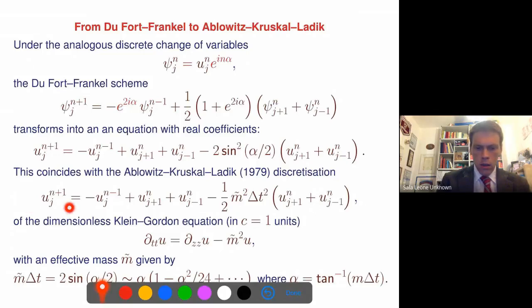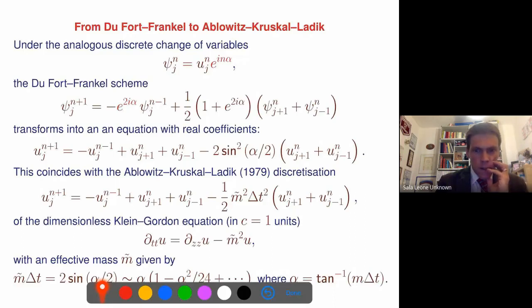So we've taken the numerical scheme for the Schrödinger equation, minding its own business, being non-relativistic, and we've done a change of variables, and we've ended up with a previously known discretization for a relativistic equation. That's the Klein-Gordon equation in c equals 1 units here, and there's an effective mass I called M twiddle, which has a little near-identity correction, so you can mop up some of the finite time effects by doing this slightly different mass. But as delta t goes to 0, M twiddle and M are just the same thing. So I've gone from a numerical scheme for Schrödinger, by a discrete interaction picture, to a numerical scheme for Klein-Gordon,